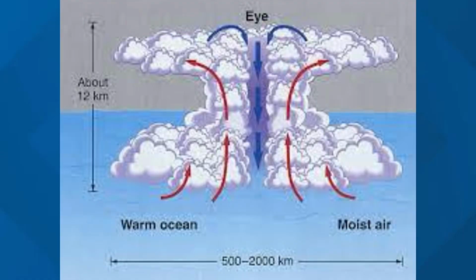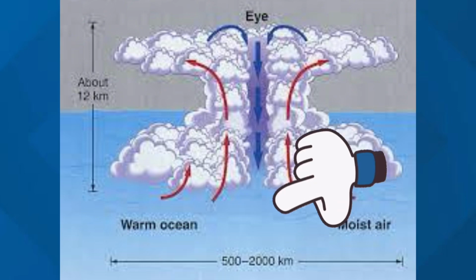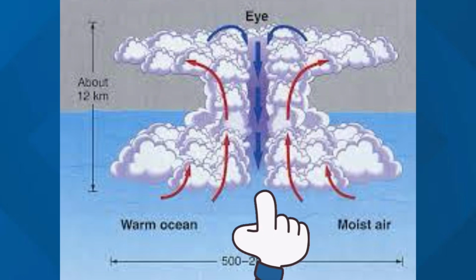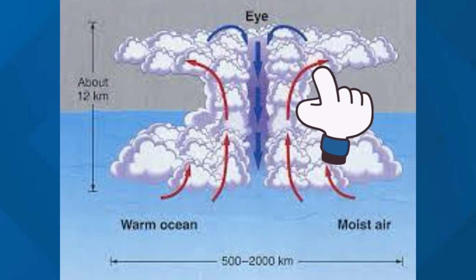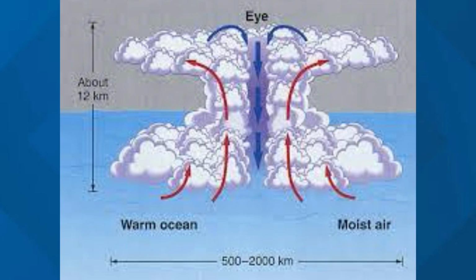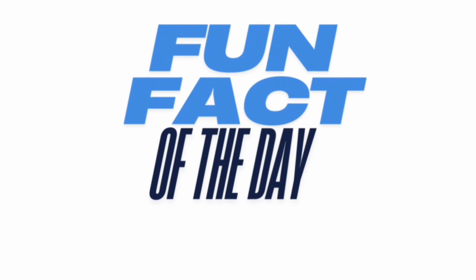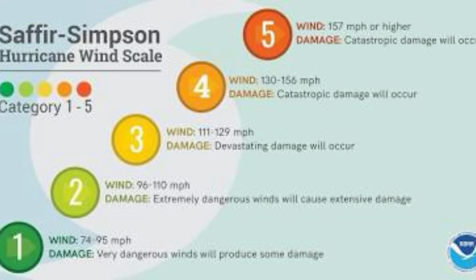These storms often form over the Atlantic Ocean, often as tropical waves, as the weather systems move westward through the tropics. Thank you, me at the whiteboard, also known as the TV. Now, let's go over to digital me, where we go more in depth. These storms form as warm ocean air rises into the storm, forming an area of low pressure underneath. All of this causes air to rush in from the bottom. The air then forms clouds by rising and cooling, causing thunderstorms that then power the hurricane. Fun fact of the day. Hurricanes are measured by the Saffir-Simpson scale, ranging from 1 to 5, with 1 being the weakest and 5 being the strongest.